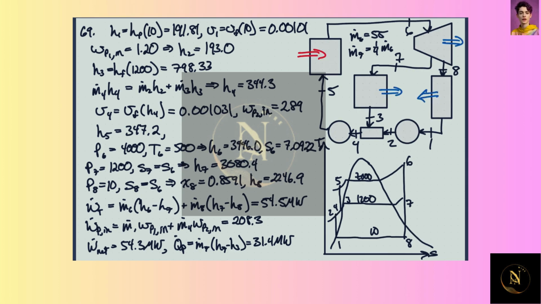So doing the analysis, we have 7 megapascals, and then we bleed some off at 1.2 megapascals, and the exit of the turbine is 110 kilopascals. You have a total mass flow rate into the turbine of 55 kilograms per second, and 1/4 of it is bled off here. So we have a quarter of it flowing off here, and then 3/4 of it